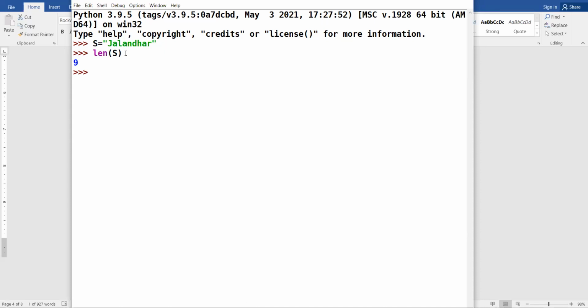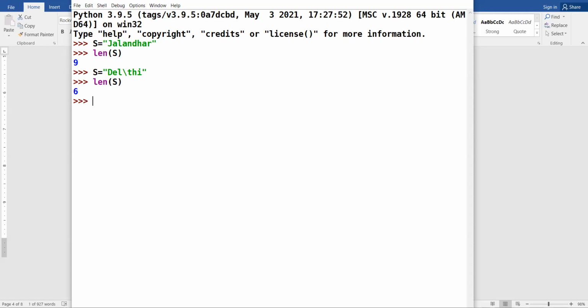Now suppose there is a string Delhi with an escape sequence. Let us find the length of this string. It is 6. Why is the length 6? The word Delhi is a 5-letter word, but the length is coming 6.